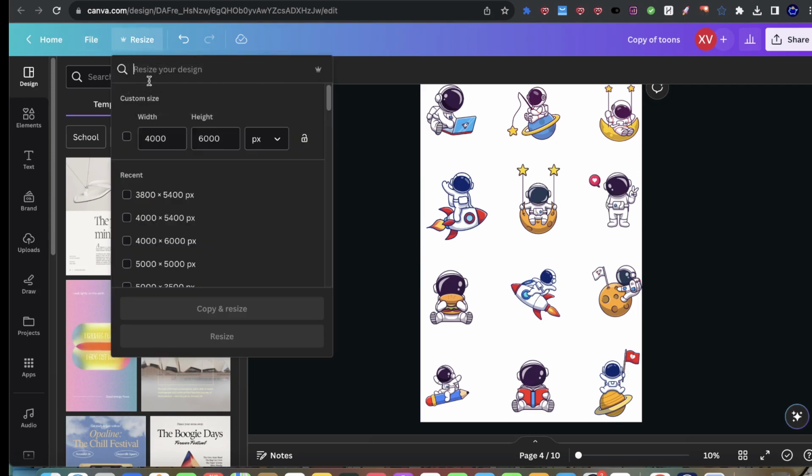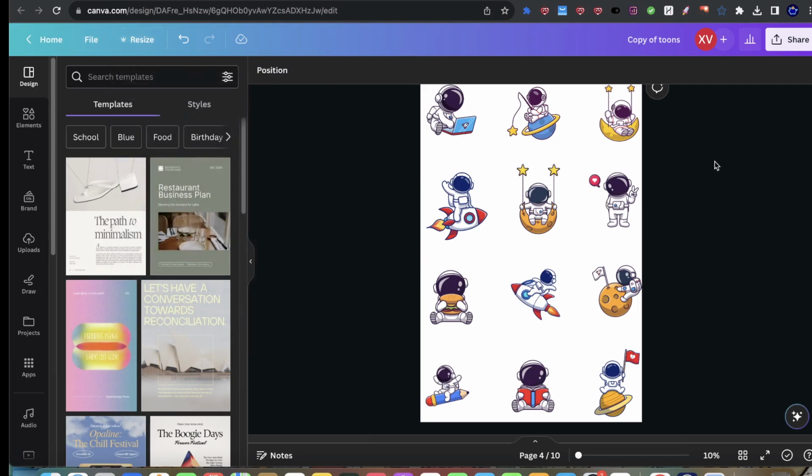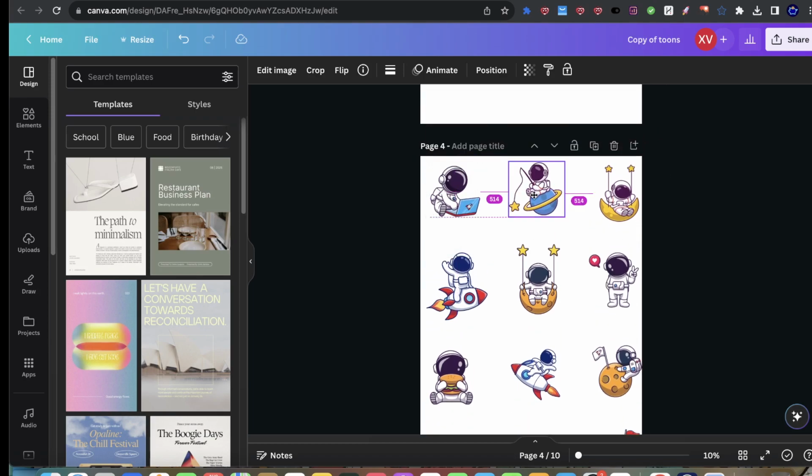So here, this is a size of 4,000 by 6,000, so not quite 5,000 by 5,000, but I decided to kind of test the distance in pixels between these images. And I find that GPT, the AI, is not 100% accurate, because if you look here, and if I drag this around, the distance between this and, let's say, this astronaut that I'm holding on, and the one above it sitting on the moon, even though there's two of them here, we have a 580 pixel distance and a 523